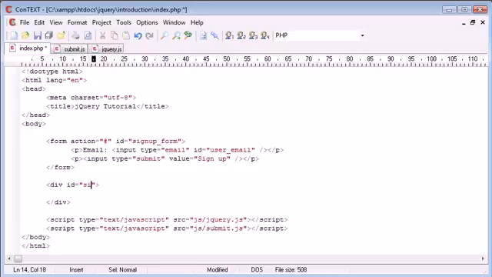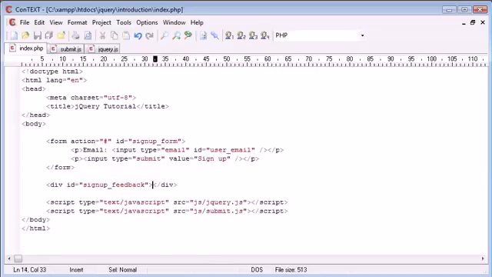So I'm going to call this sign up feedback. Now the reason I call it sign up feedback, this could be an area, for example, where you want to feed back either an error or a confirmation message to say that the user's email address has been registered. So we're going to pull that up for now because we're going to use the jQuery HTML function to insert